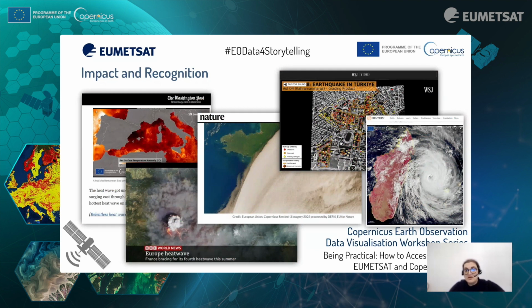So here you see another example. In the middle, you see an image of Copernicus, a simple RGB visualizing nature. Why do I mention this? Because nature for scientists is something related to science, so important things related to new discoveries. Instead, this was a big achievement for me and my team, because we had an RGB in a news item referred to scientific communication, high-level scientific communication. So the impact of these images is huge.